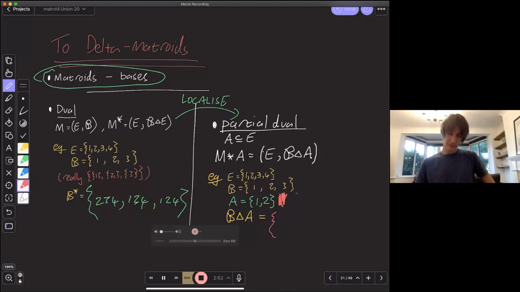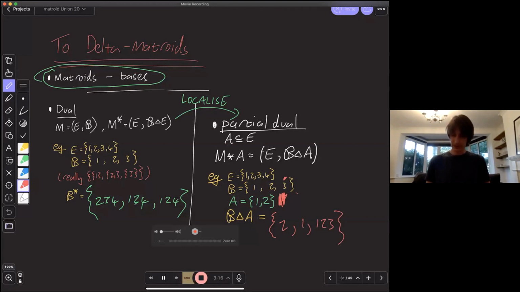Then for B symmetric difference A, I've got this set 1 in B, and I toggle with 1, 2, so the 1 comes out and the 2 goes in. I've got 2, so the 1 goes in because it's not in 2, and the 2 comes out, so that becomes a 1. And for my 3, well, 1 and 2 are not in that set, so I'm going to end up with 1, 2, 3.